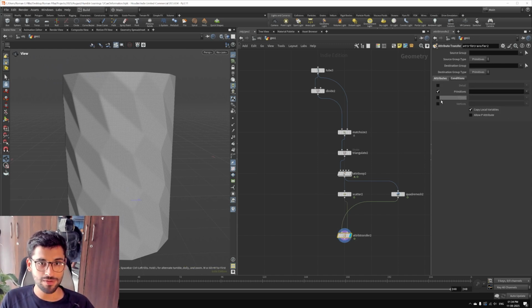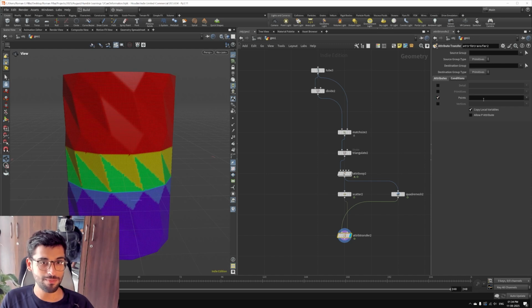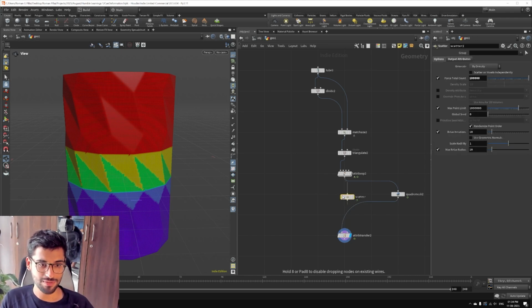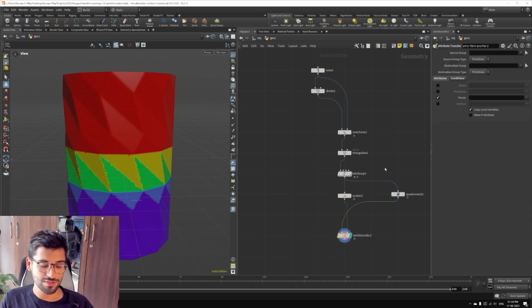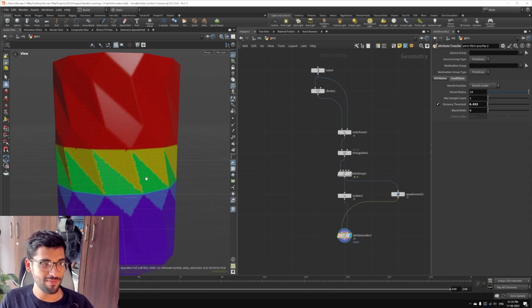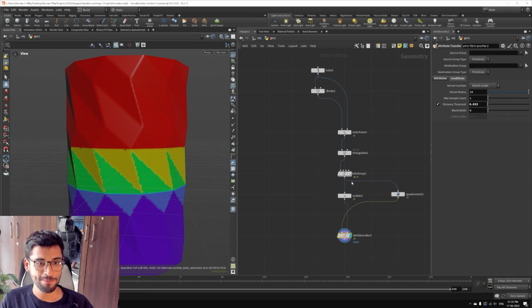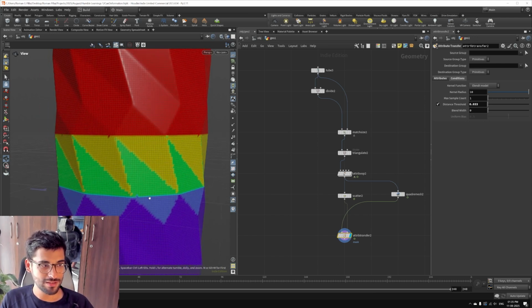Let's see what we have now. So we don't have any primitives anymore. So it's going to be from copying from points, because the mask has been transformed through the scatter node. So I can just copy everything. I can just put in mask for now, in case I only want to copy mask and nothing else. So you can see right now we have much clearer lines,